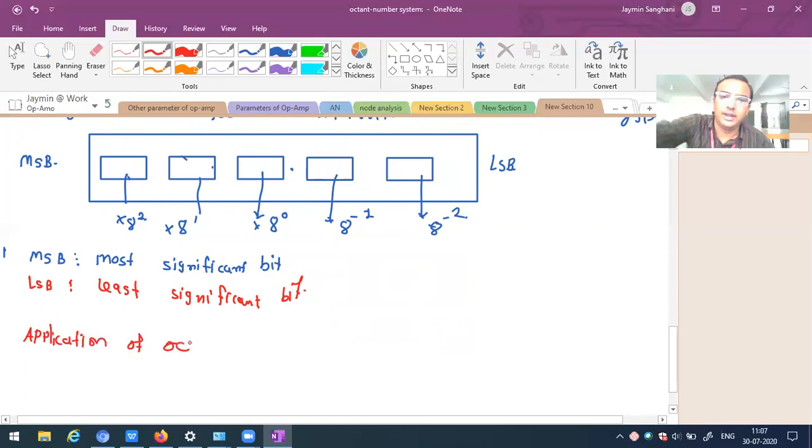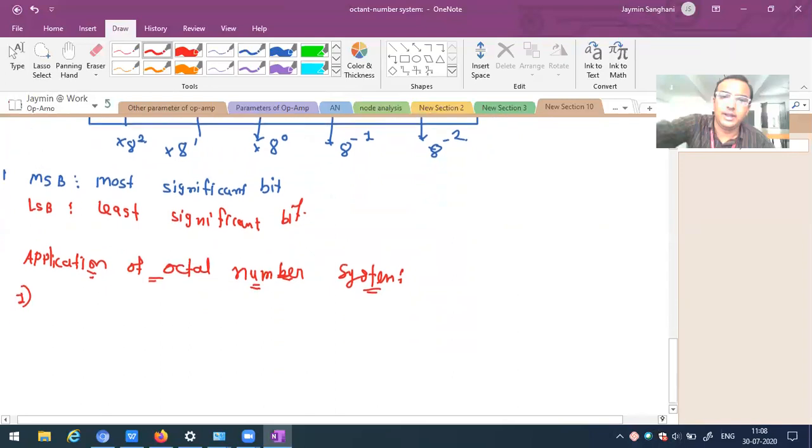First application of the octal number system: in order to represent a large number,